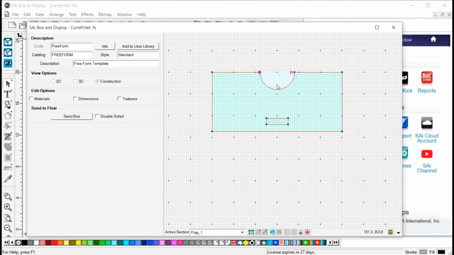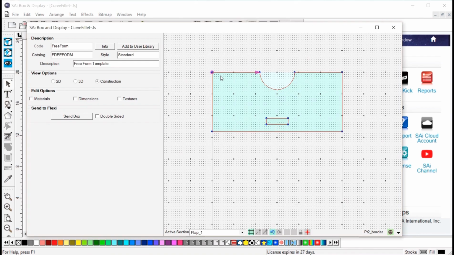Now, like I said, we can only go half the distance of the baseline. That's our radius, and that's the max that we can go as far as pulling out. But I'll show you how you can do a slot that's a little bit deeper in a minute. But what we're going to look at right now is